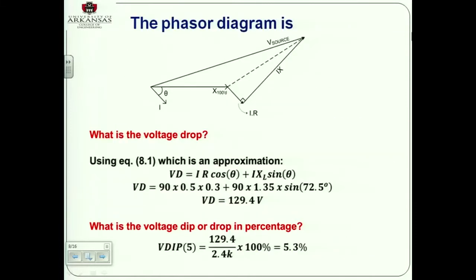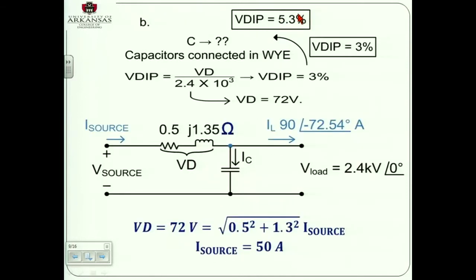So what's the problem with this? Well, the problem is that you get 3%, but as soon as the motor starts, you go back to normal conditions. And then you start the motor again because it's operating discontinuously. In the case of the chipper mill, every time that the blade was hit, there was a dip. And so the question is, the dip is 5.3%, and what they want is 3%,